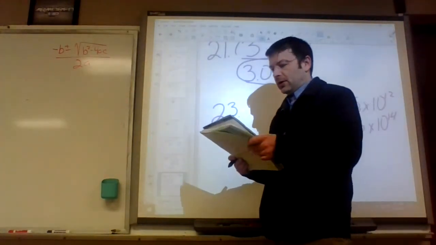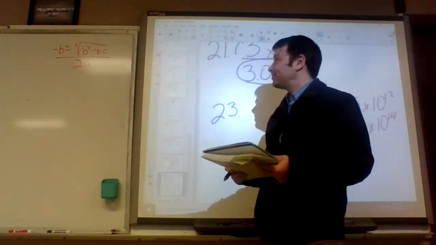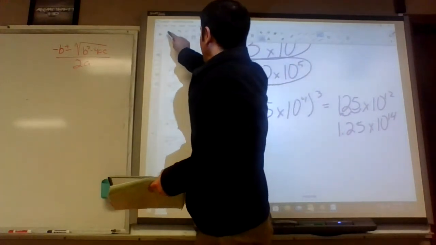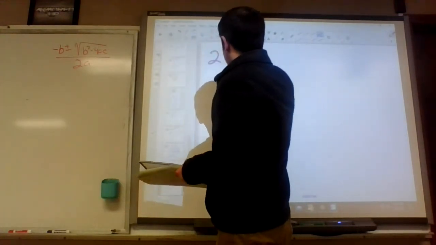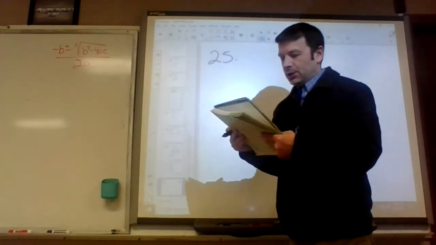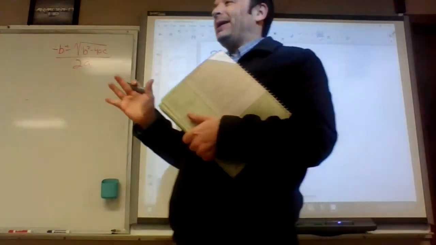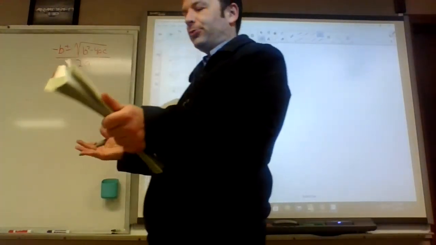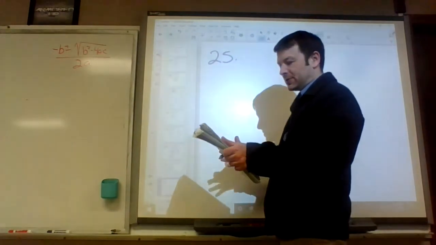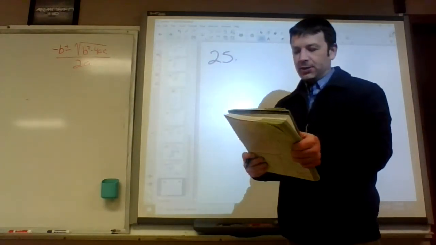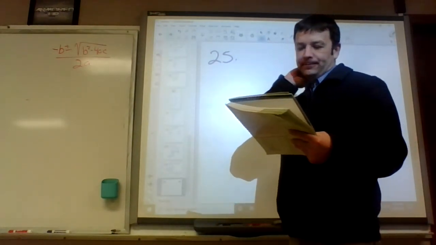Okay, on 24 and 25, they're subtracting and adding, which is actually the hardest kind. So 25, see that there's subtraction. You can only subtract and add like terms. So if they're not both 10 to the negative third or 10 to the negative second, you can't add them together. So I'm going to make it,